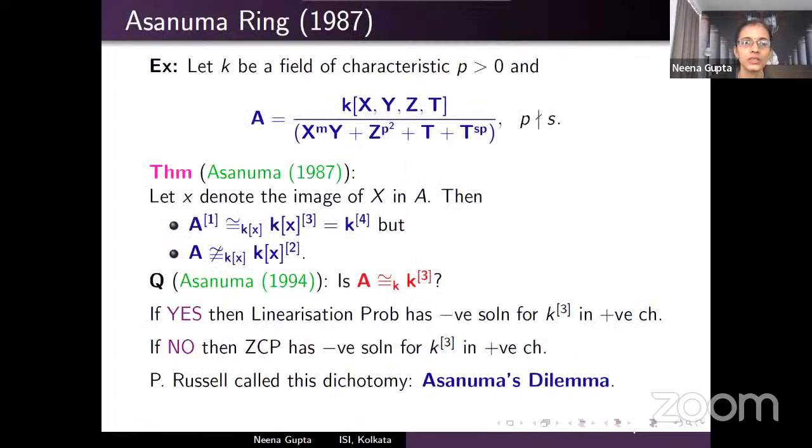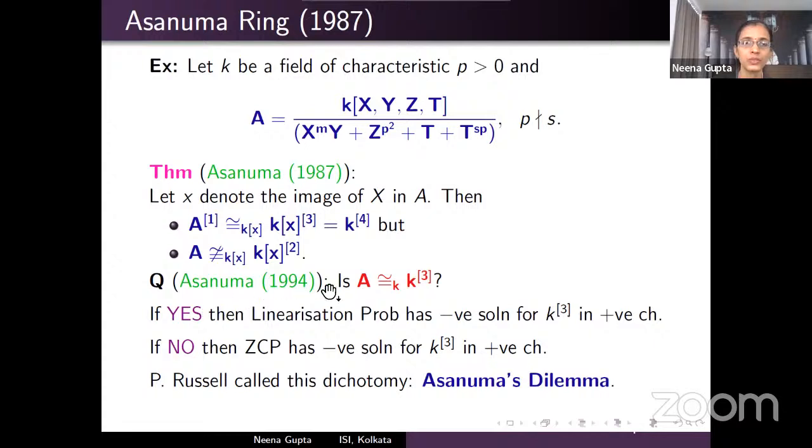It was during one of his visits that Professor Asanuma had visited my institute, Indian Statistical Institute, and also TIFR several times. And it was during one of his visits that I was thinking about reading his papers and thinking about this cancellation problem, where I came across this example of Asanuma. This question of Asanuma had dual consequences. It was interesting